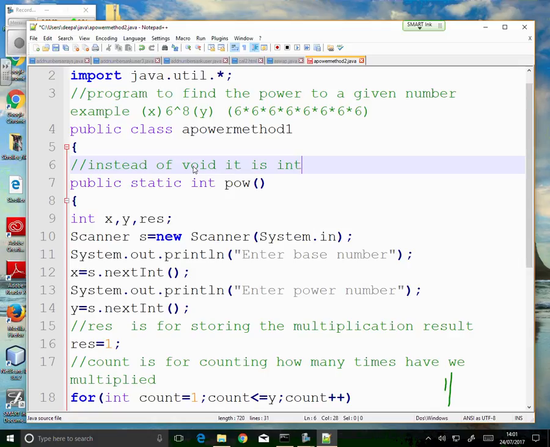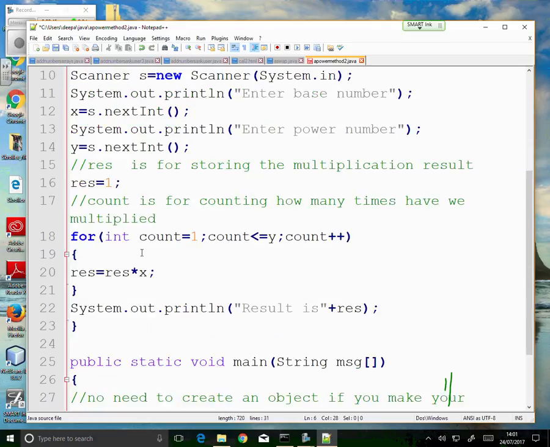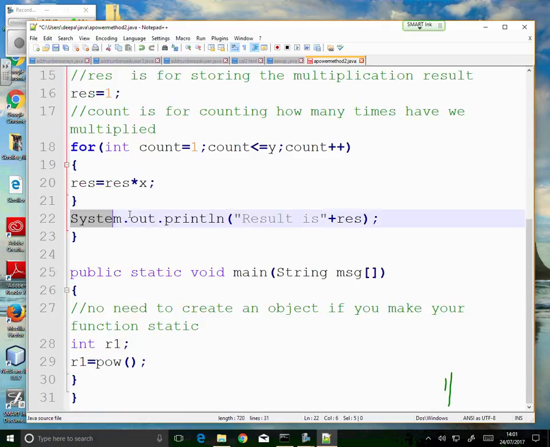Okay? Yeah? We are returning an int. We are not, because void means it returns nothing. Int means it returns an integer, a value which is going to be an integer, right? Here, instead of doing system out print line, you should be doing